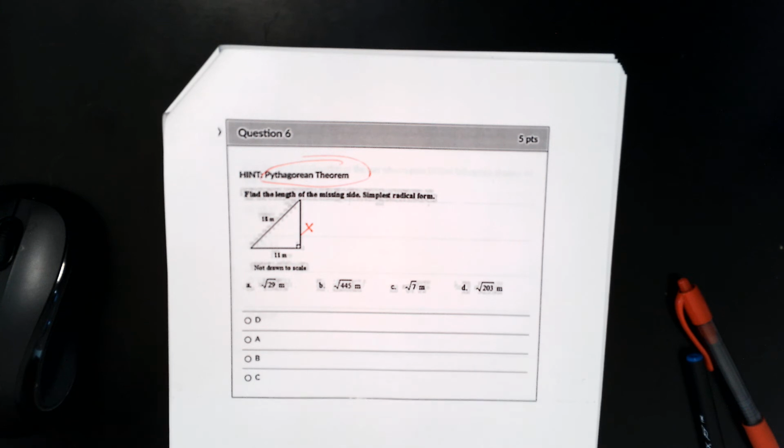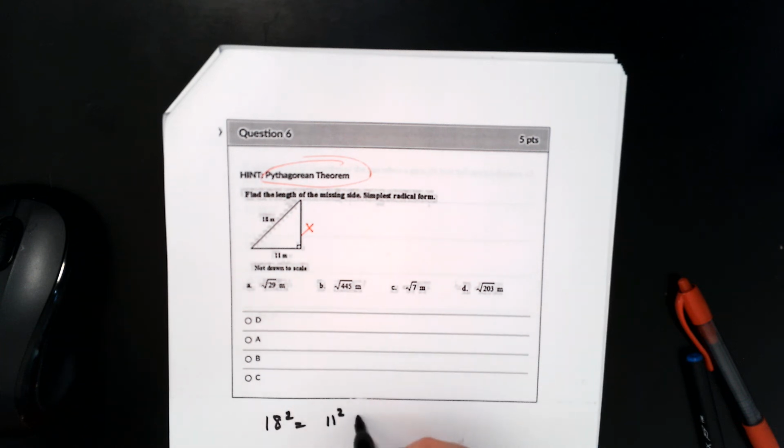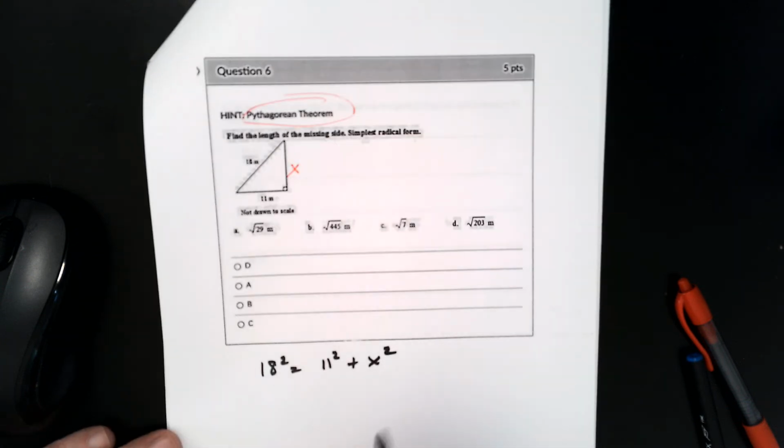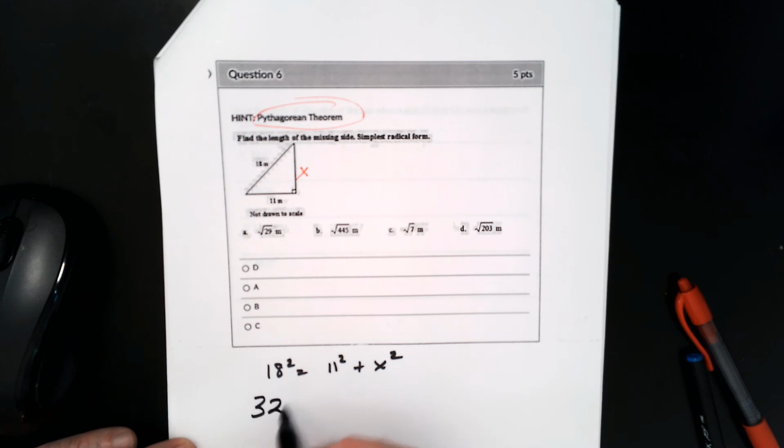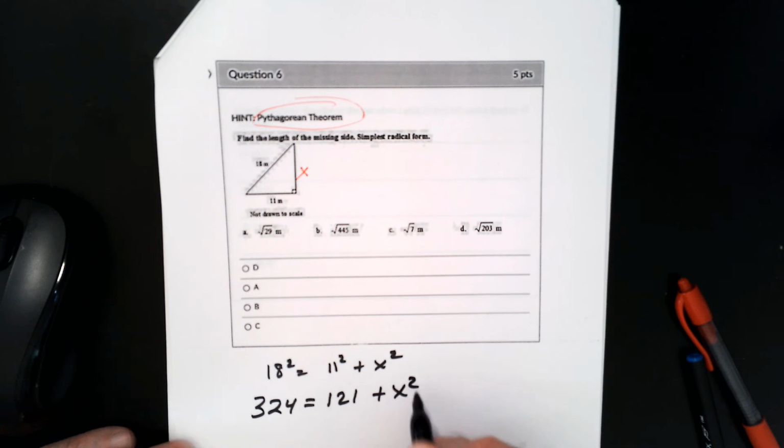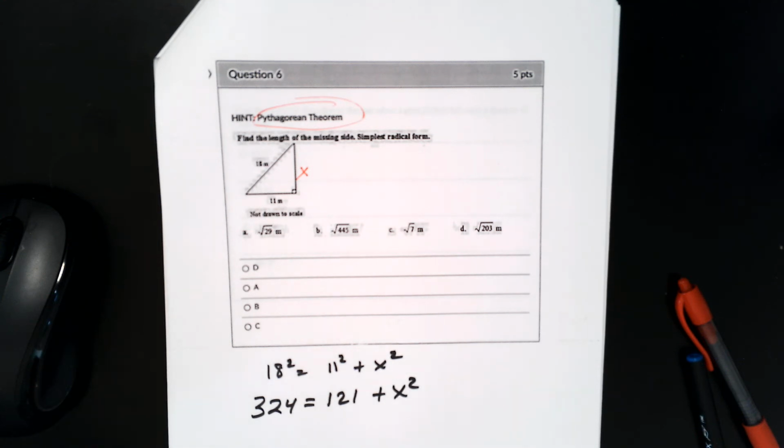Well, we're given the hypotenuse, 18. So we know that 18 squared will equal the 2 legs squared added together. And let's see, 18 squared, what would that be? 18 squared is 324. So 324, set that equal to 11 squared is 121 plus x squared. So we'll subtract 121 from both sides. And we get 203